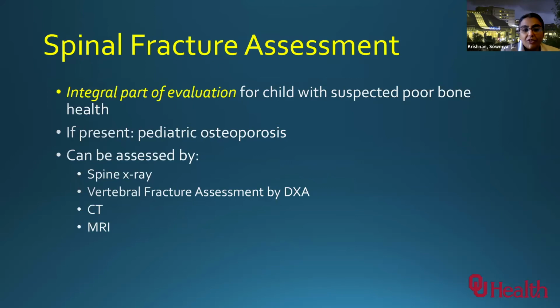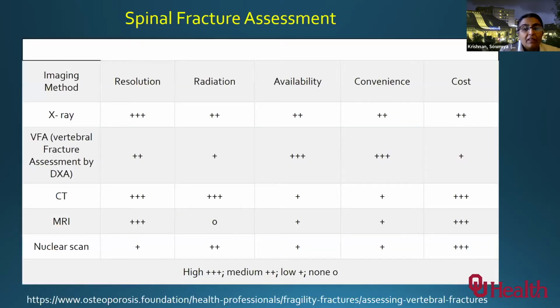Spinal fracture can be assessed by looking at the lateral spine X-ray or by using DEXA scan to do vertebral fracture assessment. CT scan, MRI, or other modalities can also be used to look for spinal fractures. This is a quick table that shows the pros and cons of different modalities used to look for spinal fractures. DEXA vertebral fracture assessment has the lowest radiation and the least cost, but it does require